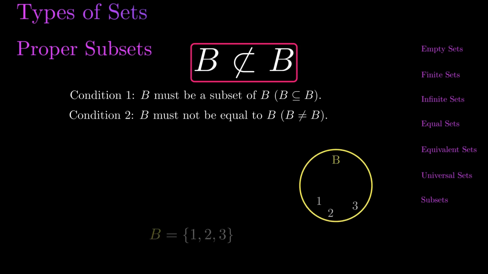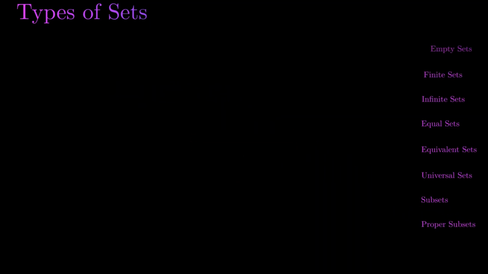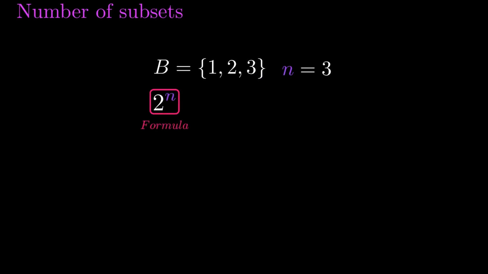Now for the fun trick, counting them. Let's say a set has n elements. For example, if B equals 1, 2, 3, then n equals 3. What is the total number of subsets for this set? The formula is 2 to the power of n. For our example, 2 to the power of 3, which is 2 times 2 times 2, equals 8 total subsets. They are